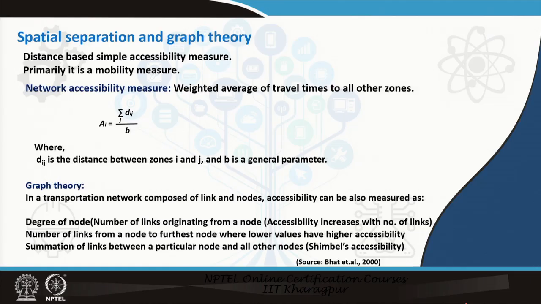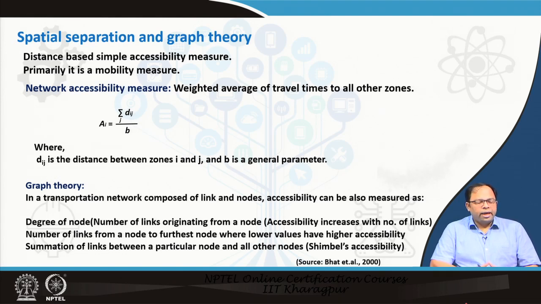So spatial separation measures are more or less related to graph theory and distance. It's a distance-based simple accessibility measure. We have already discussed it in the last lecture, and primarily it's a mobility measure. Because it's a mobility measure, it primarily depends on the transportation or travel times, so we can call it a network accessibility measure, where a weighted average of travel times to all other zones is used to determine the accessibility of a particular zone. So Ai is equal to the summation of Dij